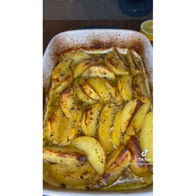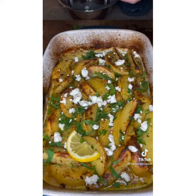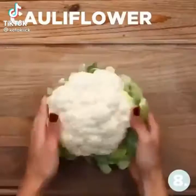After an hour, add some parsley, crumble some feta cheese. Lastly, garnish with some lemon wedges. And that's how you make